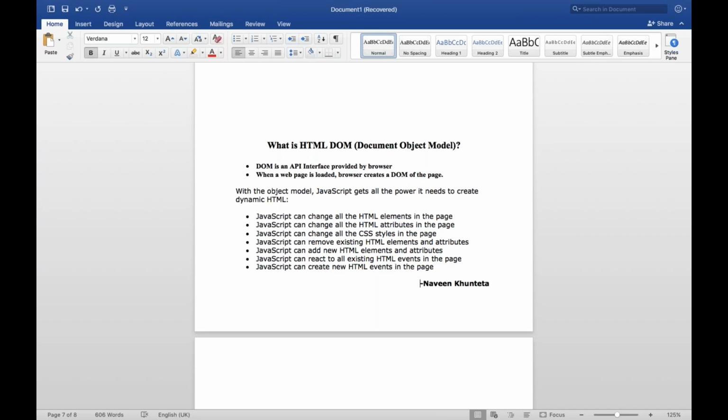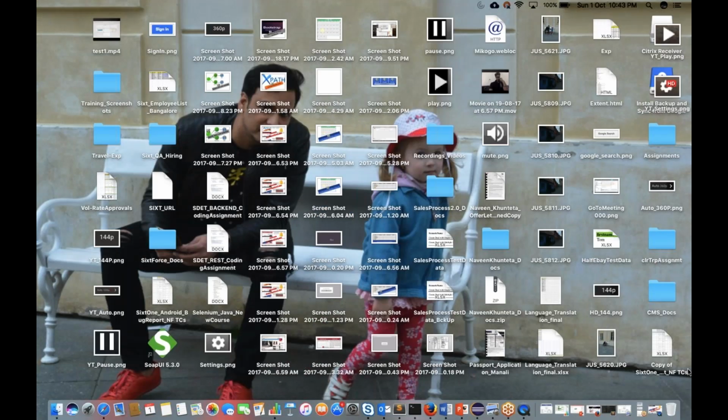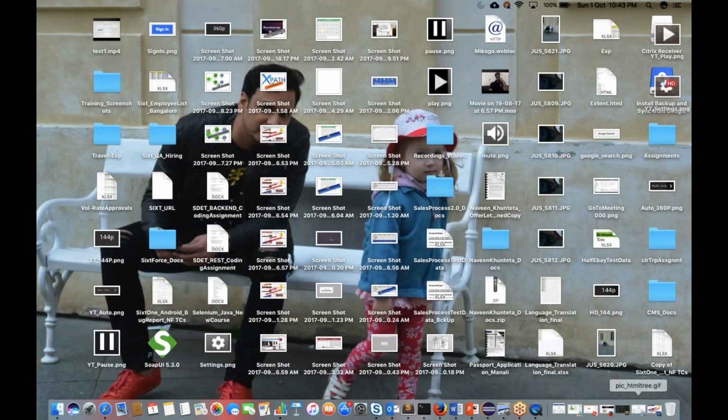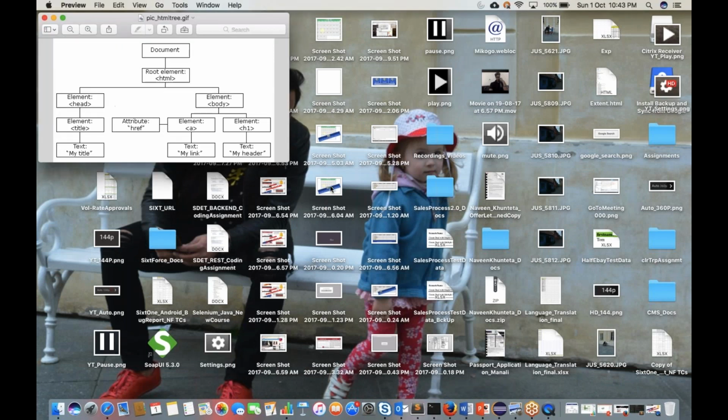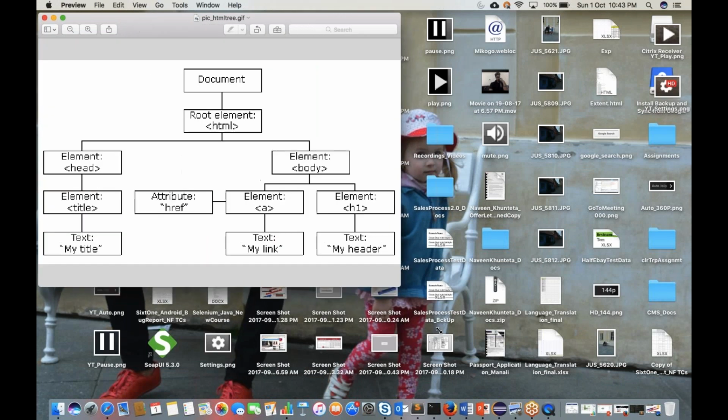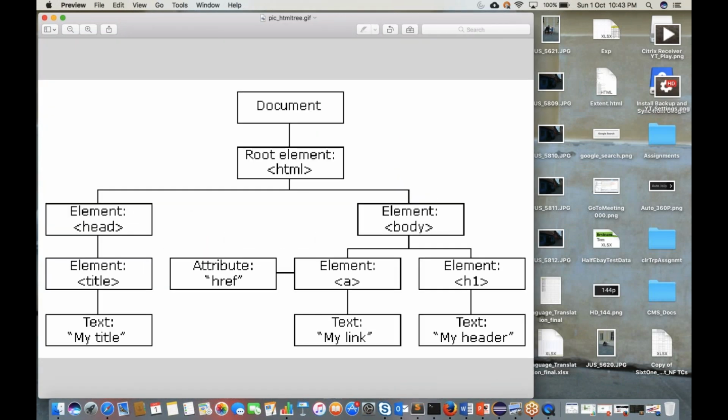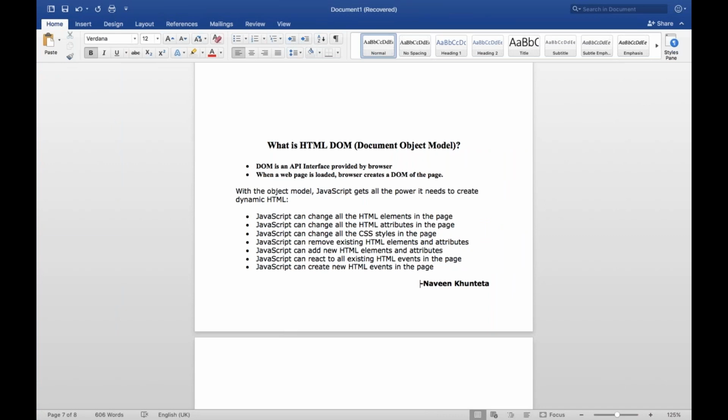Today I'm going to cover one very important thing: what is HTML DOM? What is Document Object Model? Generally we say this term, okay, we have a page element not available inside the document object or something like that. So I'll tell you what you mean by document object model. In fact, at the time of interview also, they ask, what do you mean by